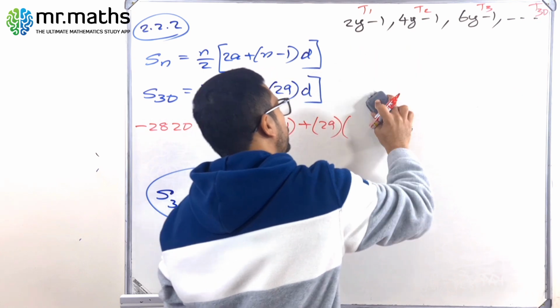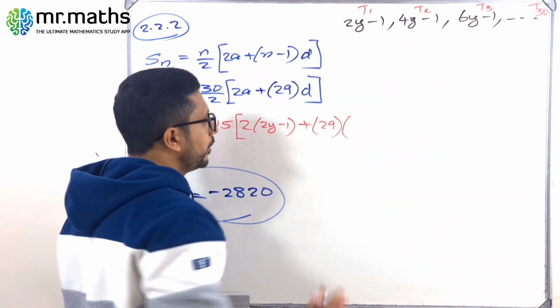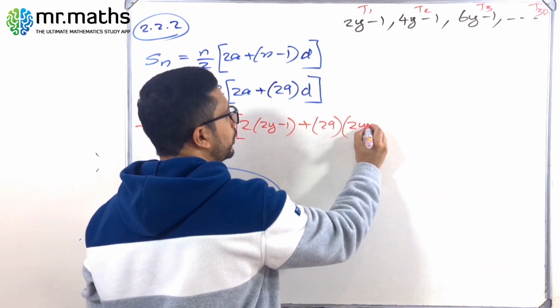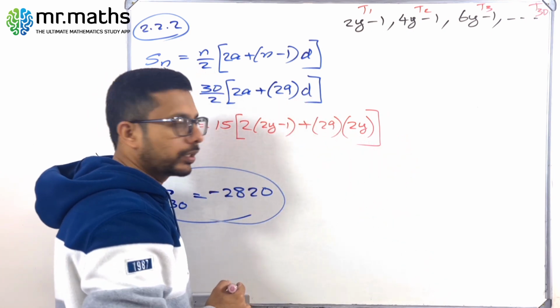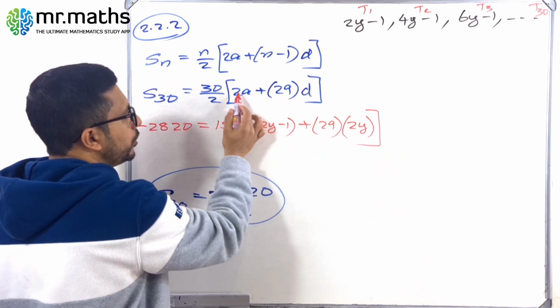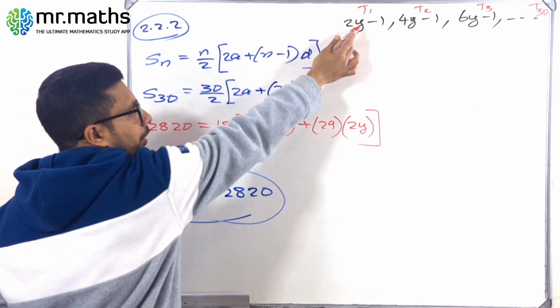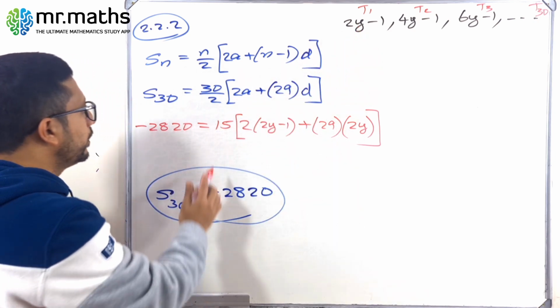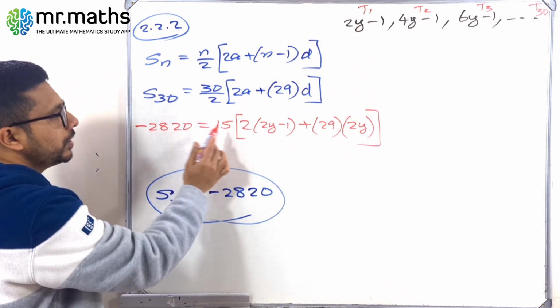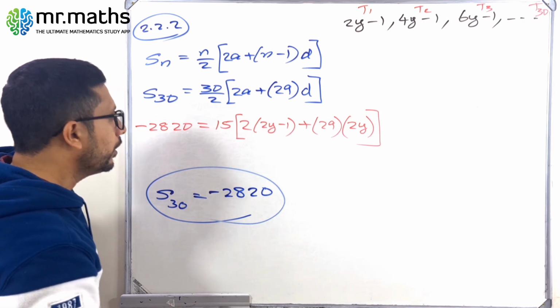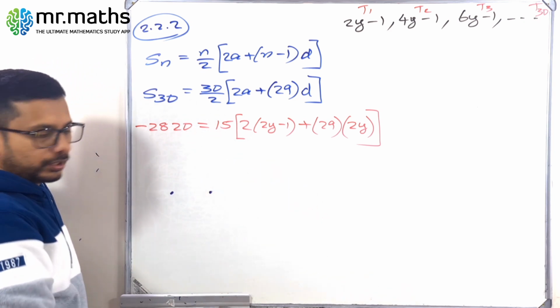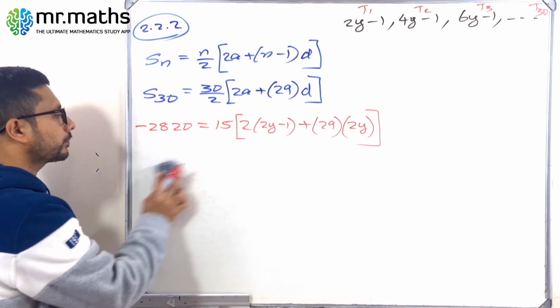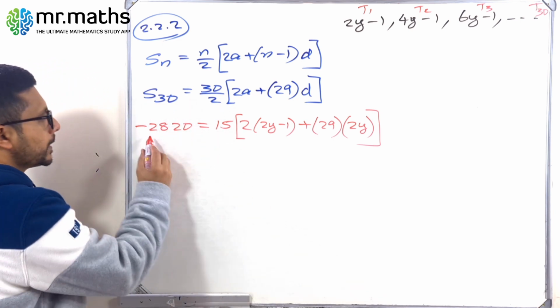Okay, so 29 times 2y, because that is the common d, we got it as 2y. And 29, this one 2a, 2 into the first term is 2y minus 1, and 30 divided by 2 is 15. Okay, so anyway, don't forget, our question is to find the value of y. Okay, so now what is this one here? Minus